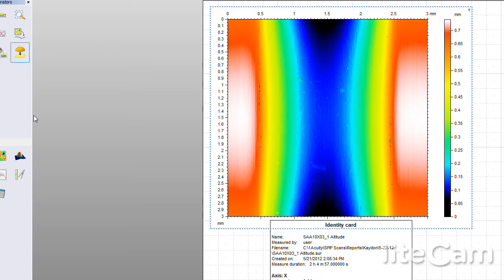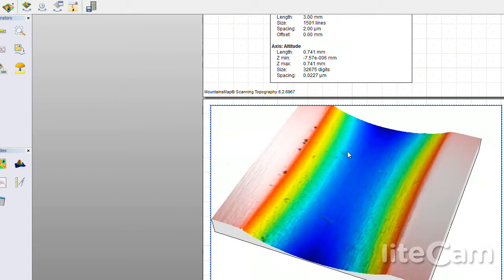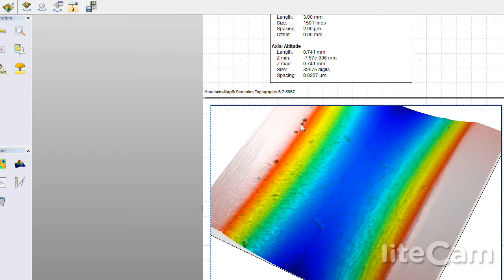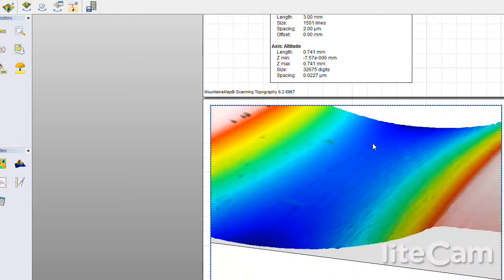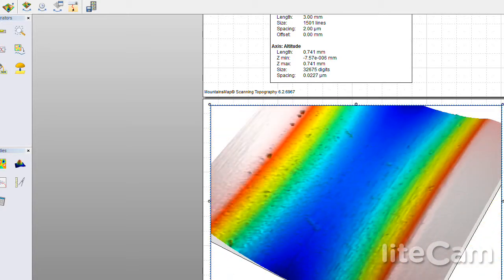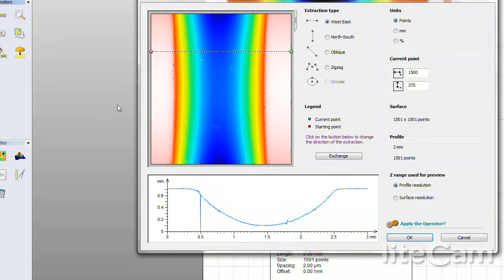If we wanted to take a look at this in 3D, here's that surface. And as you can see, these little holes here are probably a little dust on the surface there. And you can see we are really getting down into those areas. And if we wanted to, let's go back up to that 2D image and let's look at some of the profiles. And here you can see as we scan across there the profile,